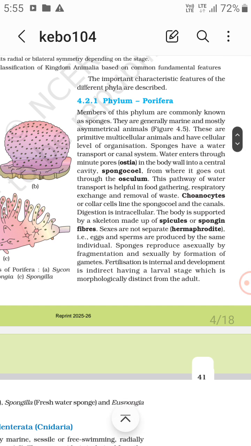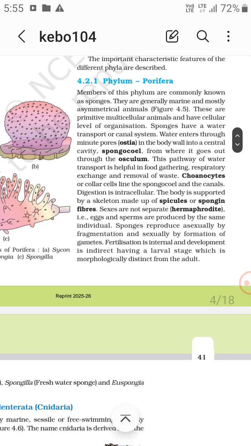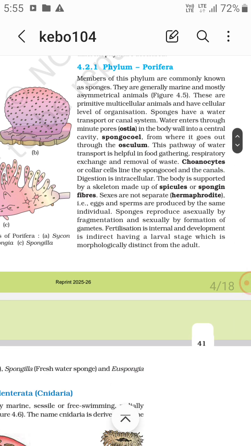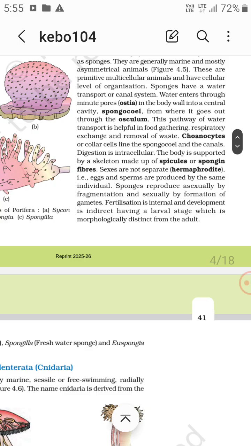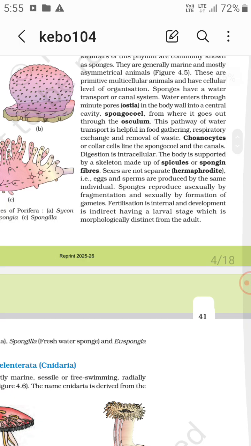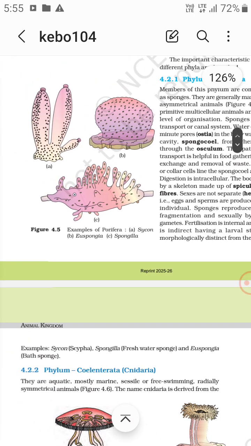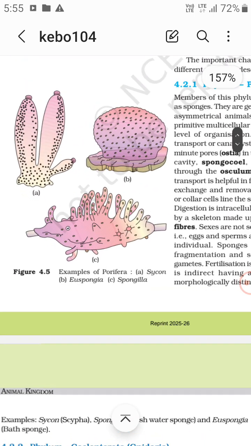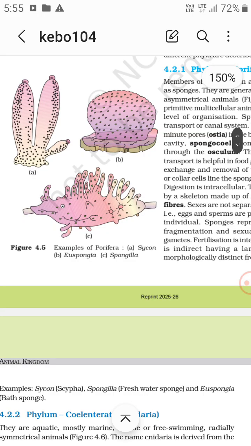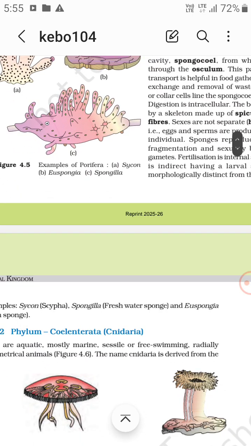Digestion is intracellular. They have spicules and spongin fibers, and are hermaphrodite. Fertilization is internal and development is indirect, having a larval stage which is morphologically distinct from the adult. Examples of Porifera are Sycon, that is Scypha, Euspongia, that is the bath sponge, and third is Spongilla,